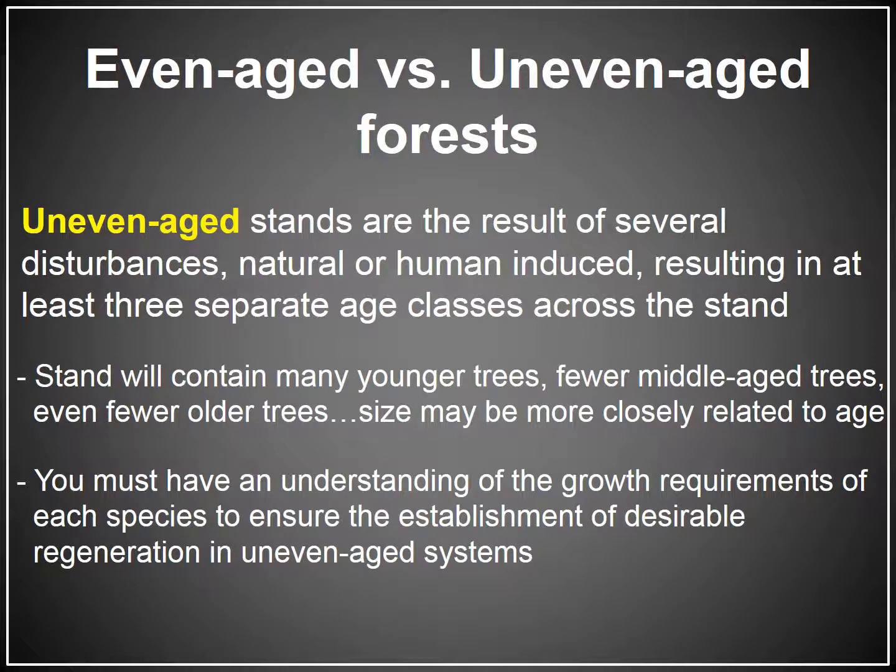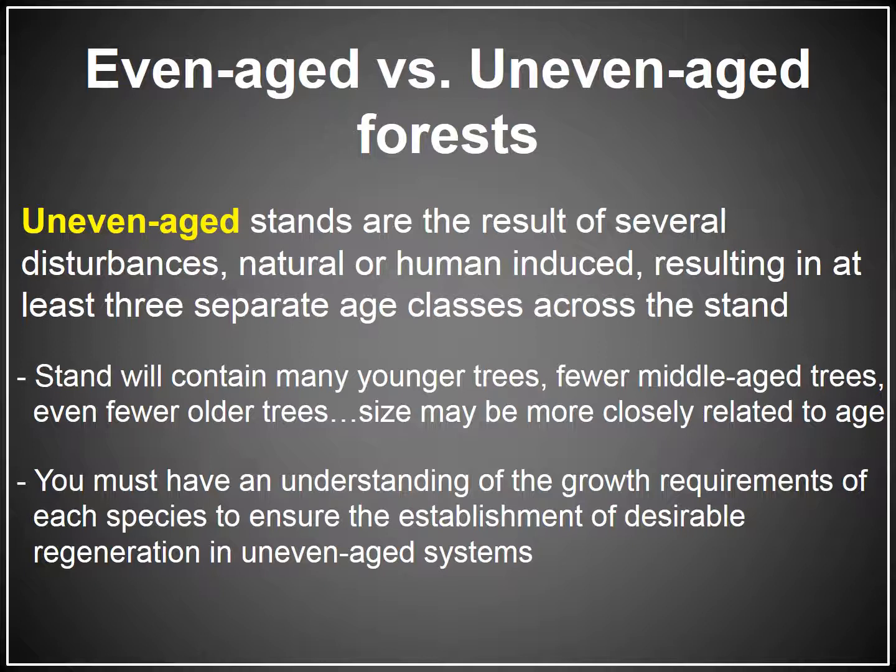Uneven age stands are the result of several small disturbances, either natural or human-induced, resulting in 3 or more distinct age classes across the stand. A typical uneven age stand will contain many younger trees, fewer middle-aged trees, and even fewer older trees. In uneven age stands, size is more closely correlated to age, with larger trees generally being older than smaller trees,